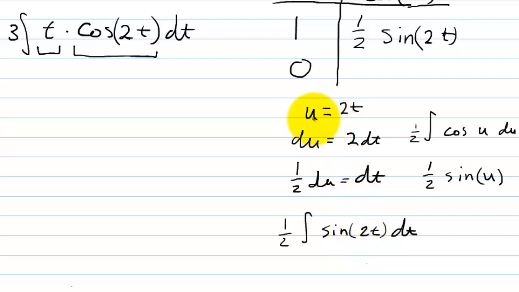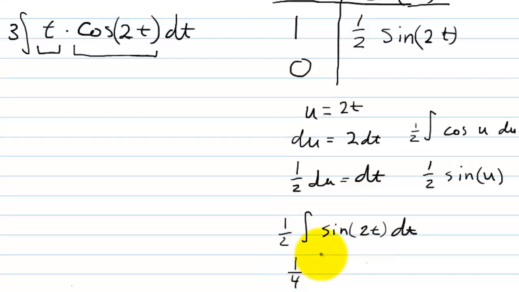And if I take the derivative of the u, I'm going to get du, and if I take the derivative of 2t, I'm just going to get the 2 dt. And so again, I have to bring the 2 over here to get the 1/2. And then I have to just sub these into this part right here. And when I do that, I'm going to get